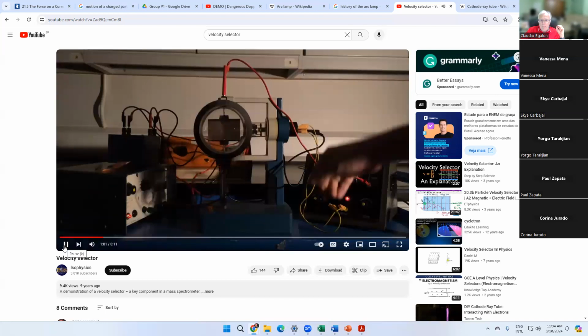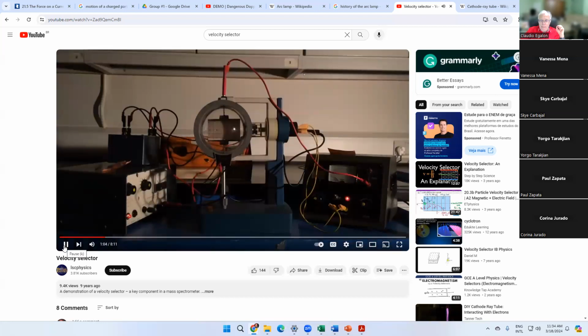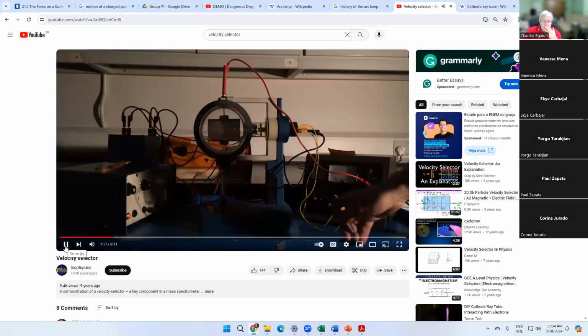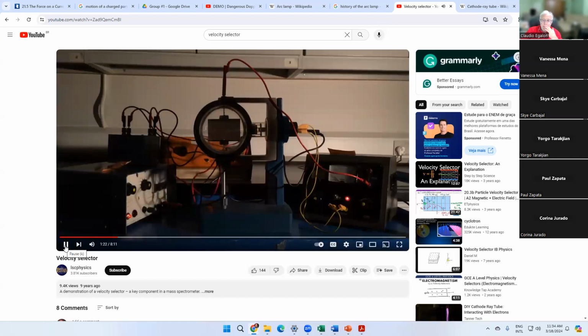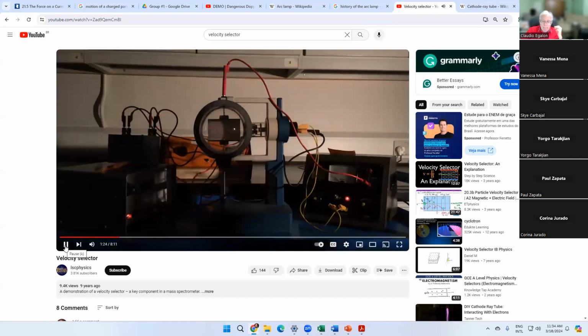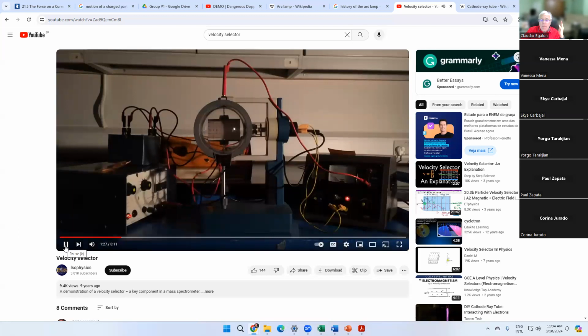So we've got a couple of coils. When we get current flowing through there, we'll get a roughly horizontal uniform field there. So we can then see the deflection of electrons by the magnetic field. And then we'll put both fields on together, the electric and magnetic. And we can see that it's possible to have the electrons largely undeflected as they travel through both fields. And that gives us a way of selecting a particular velocity of charged particle, in our case electrons.